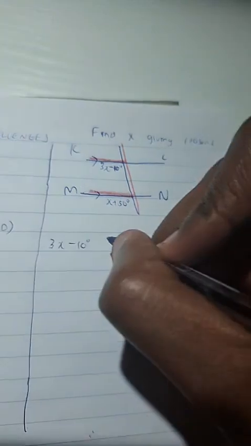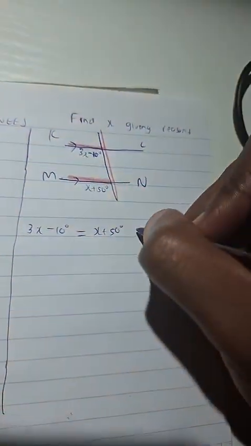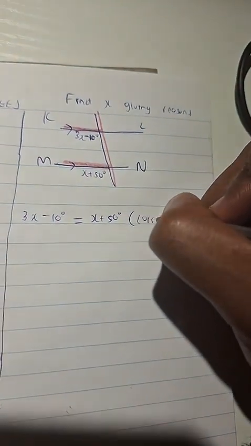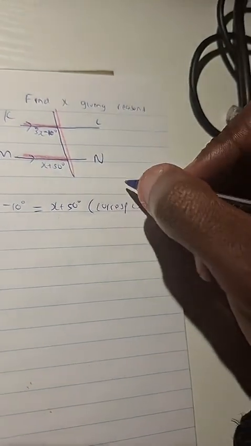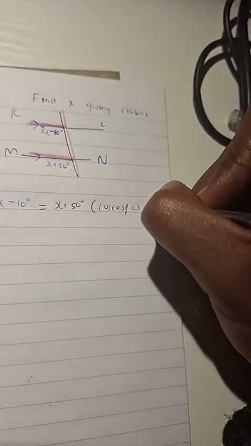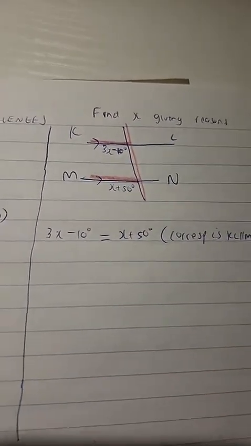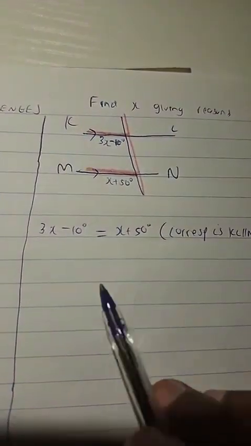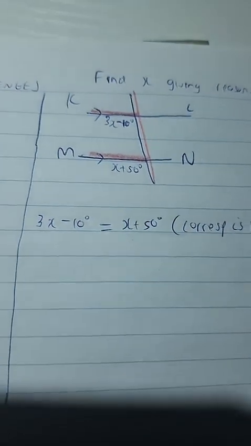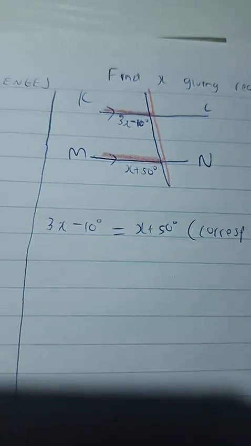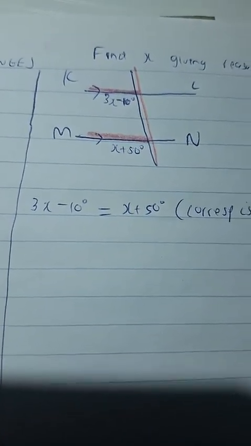So what do we say? 3x minus 10 is equal to x plus 50. What's the reason? Corresponding angles, as Portia said, and then we state the lines that are parallel. KL is parallel to MN. Portia, I really appreciate you taking the time to type this out. I'm sure it must have been quite an exercise to type everything like that, but I commend you